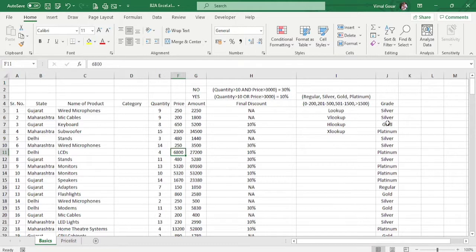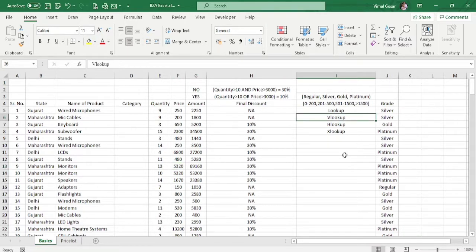So this is how you can actually use the lookup function. Now there are certain disadvantages of the lookup function. In case it is in a range, then it is fine, but if it is constantly for a particular value, let us say I want to find out for a particular value which is 5320, then there could be a number of other values as well. So in this case, VLOOKUP function will be very helpful.